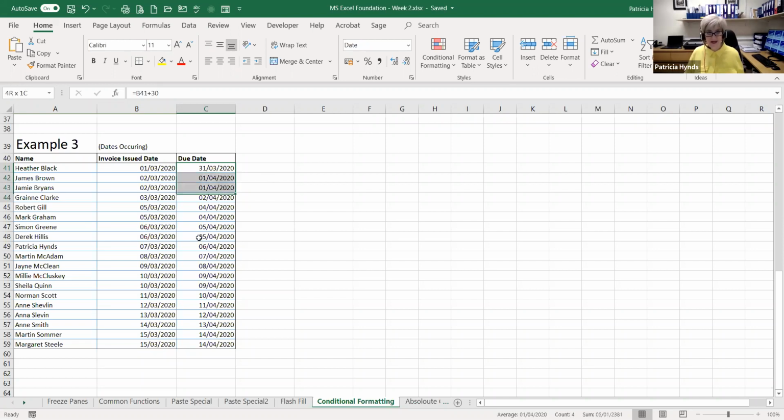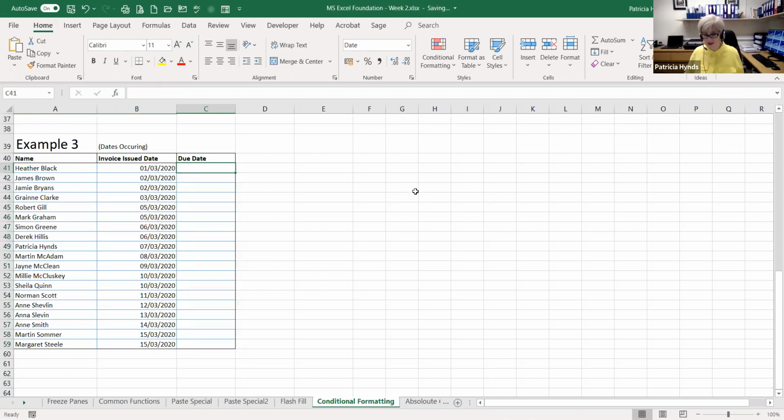I'll just clear that a second to see the actual formula that I used. So equal the date that the invoice was issued, plus 30. So say your terms are 30 days. So if we go back in